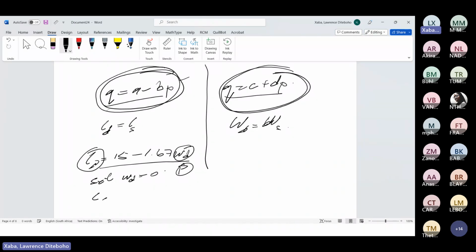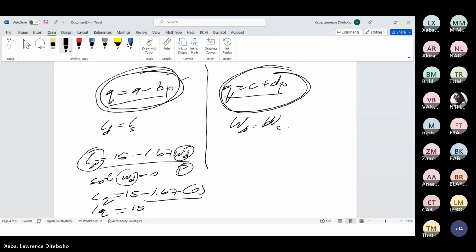So we have L subscript Q equals to 15 minus 1.67, open brackets, 0. This 0 represents W subscript D. So when you multiply here, this falls off. We end up having L subscript Q equals to